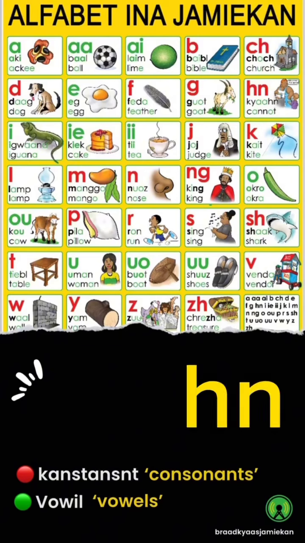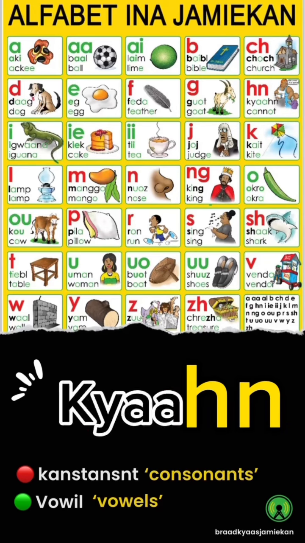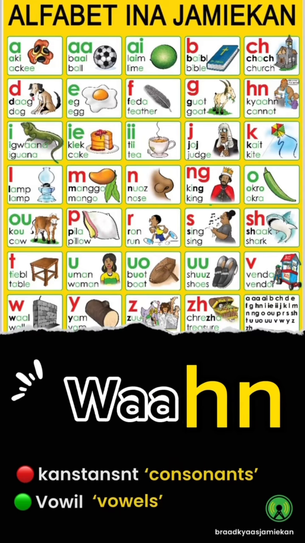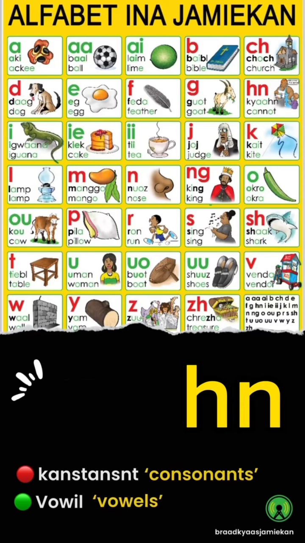The next sound you make with H and N. This is a sound you don't know in English at all. You know that sound like when you chat up in your nose hole? Kya, wah. Anytime you have a word where you say it in Jamaican and you want to write that part of it, you use H and N.